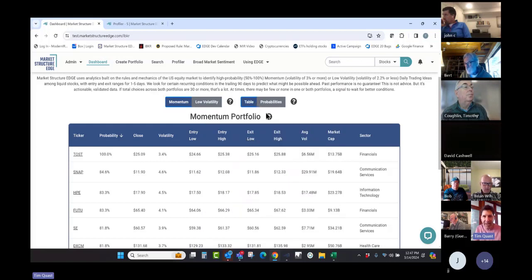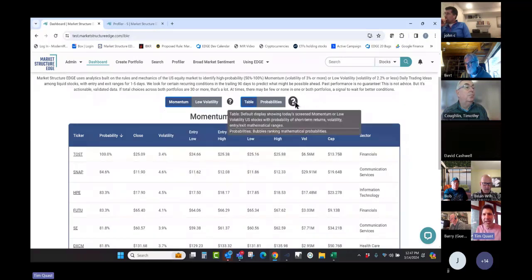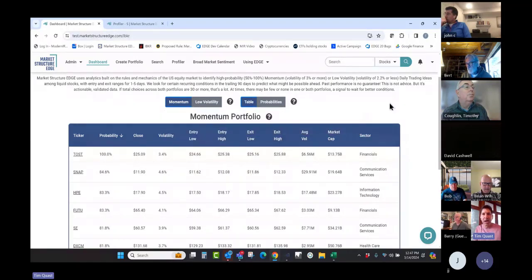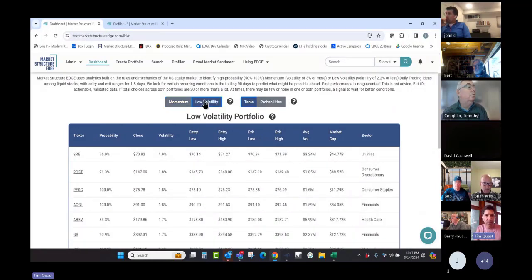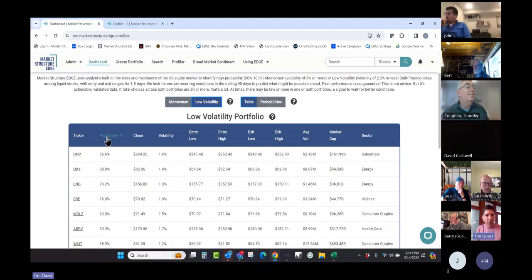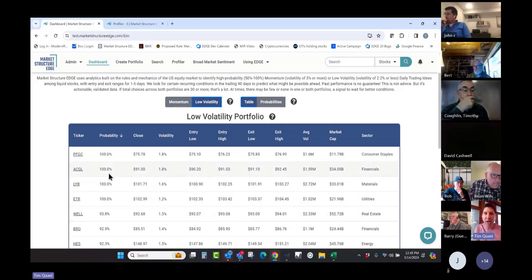I can't show you exactly. You just have to see those notes. We've done, I think, a pretty good job of explaining how to use these data. And then I'm going to show you all the way through here in just a little bit. But then low volatility will do the same thing. It will be ranked by volatility. And so SRE is at the top of the list. If you wanted to rank them by probability, PFGC is at the top. There are 4 of them that in the trailing data, 100% of the time.